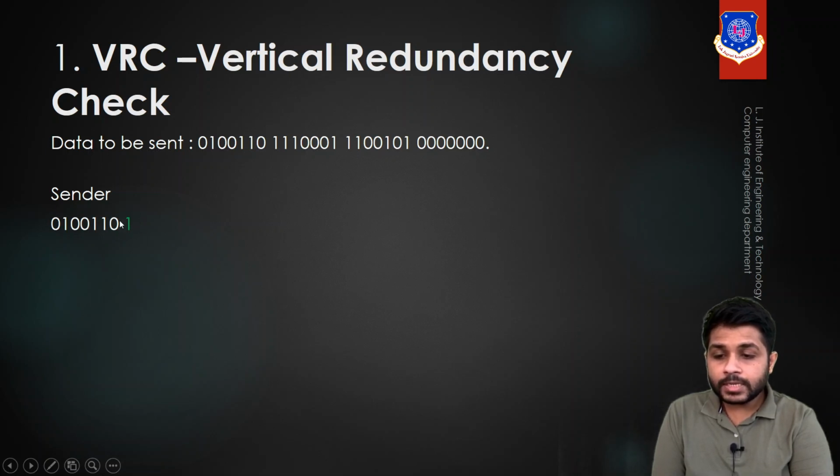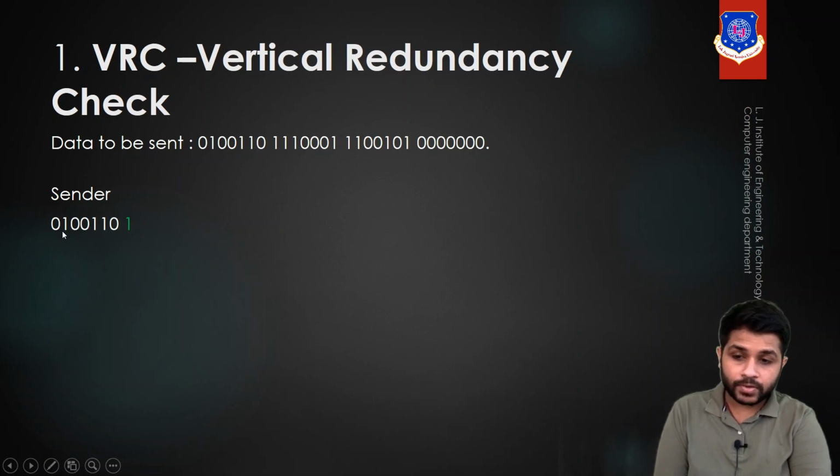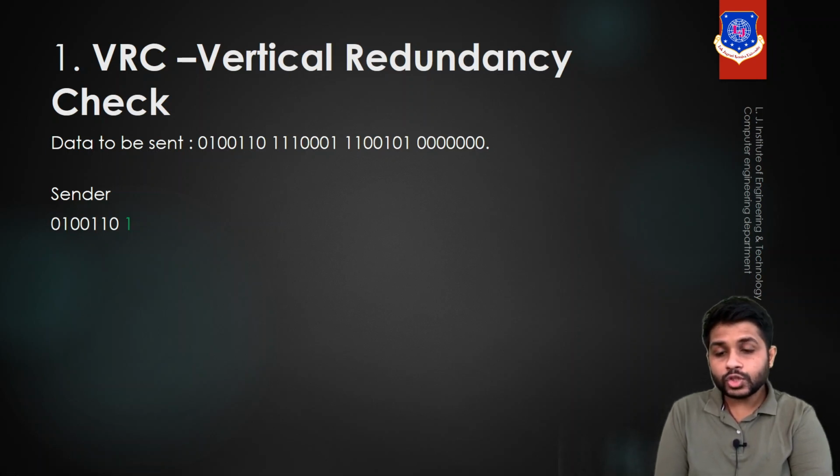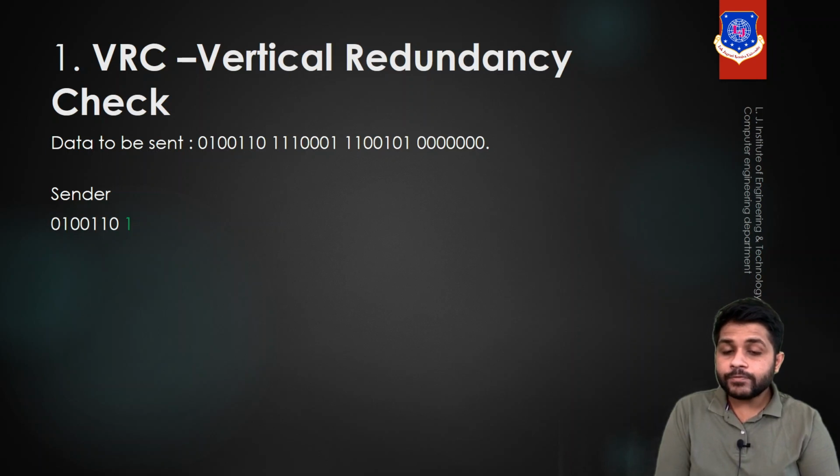So this is the first block, and in the first block we have added an extra bit. This extra bit is added so that the total number of ones in the block becomes even, because there were already an odd number of ones and we have added one more bit. So in each and every block we will add an extra bit so that the total number of ones becomes even. Why are we doing so? Because right now we are working on even parity. If we were working on odd parity, we would add an extra bit so that the total number of ones in each block becomes odd.